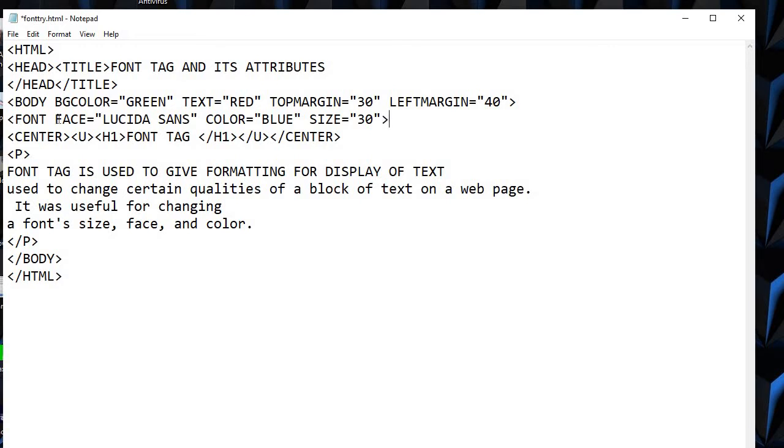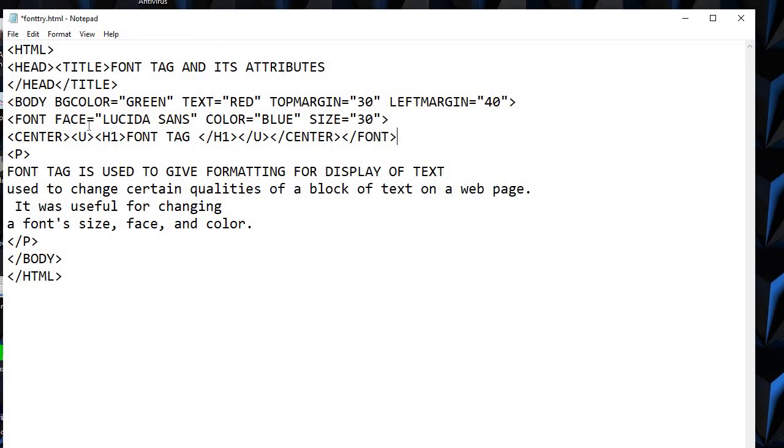This font has three attributes: face, color and size. Now I have opened the font tag before H1, and when I close slash H1 and I start a paragraph, before I start this paragraph I want to close this font over here.